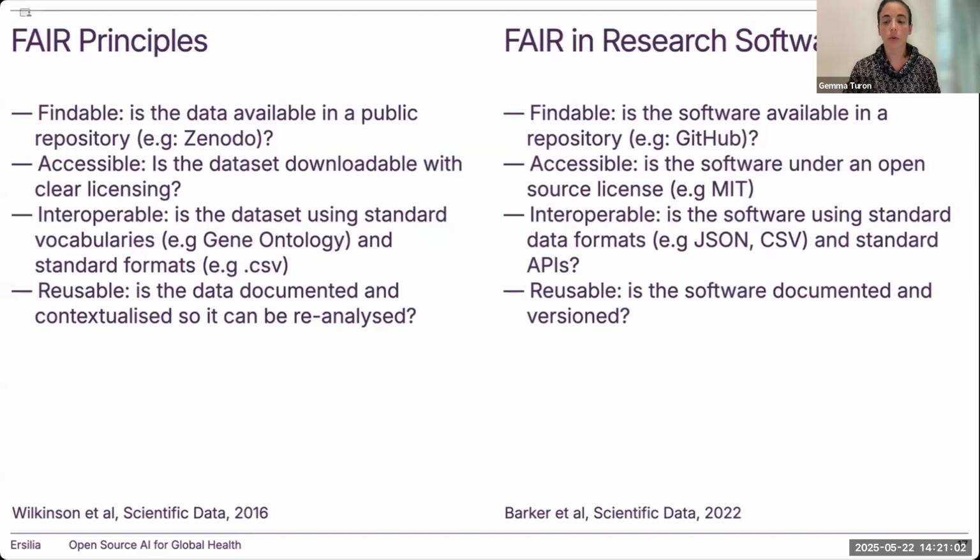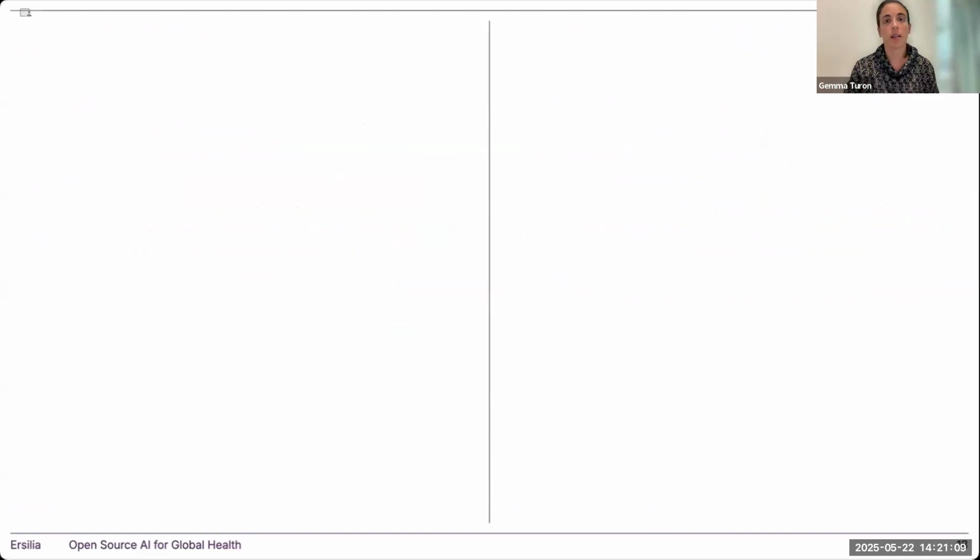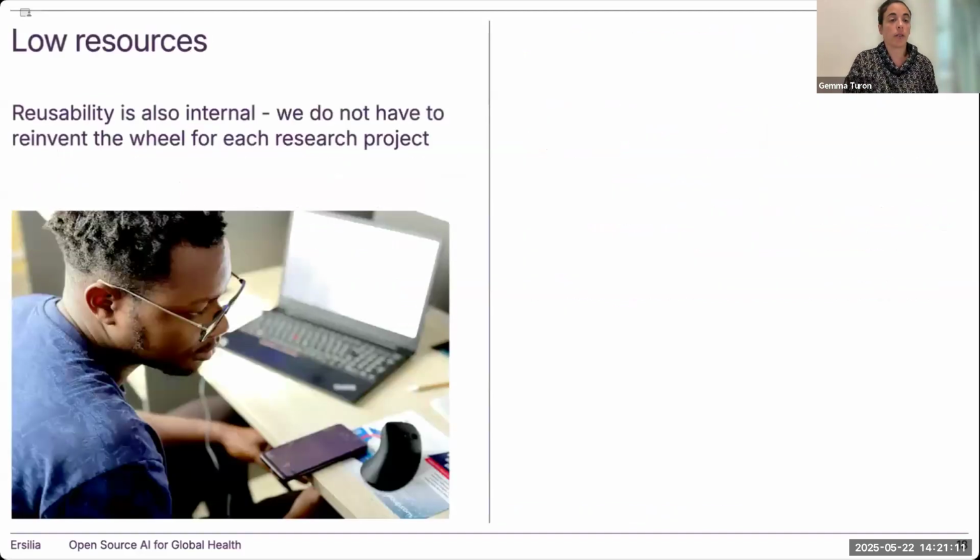We realized how important this was when we started to properly develop research software. In our case, first, because we are very low resourced, reusability is not only for our users, but I would say very importantly is also internal. We started doing scientific projects independently. And then we realized that if we were much better at reusing what we had already built for our next projects, we would become much more efficient in doing science and producing impact.